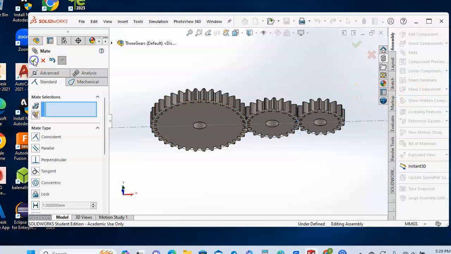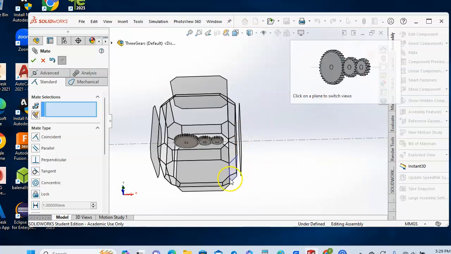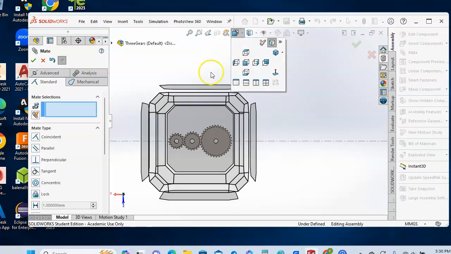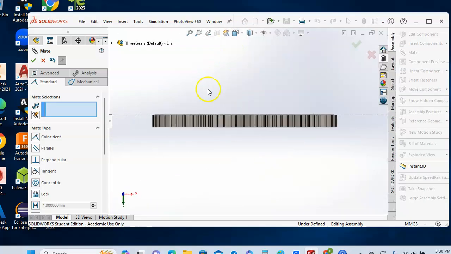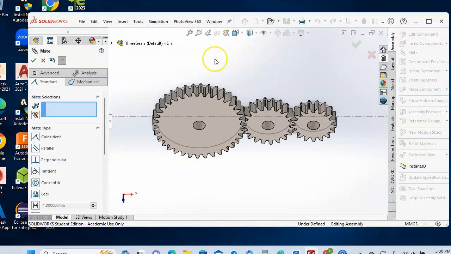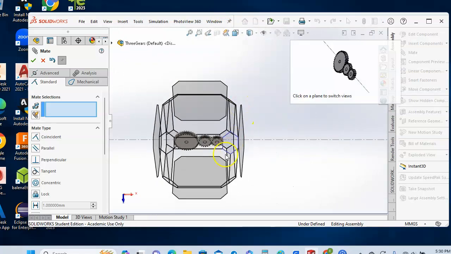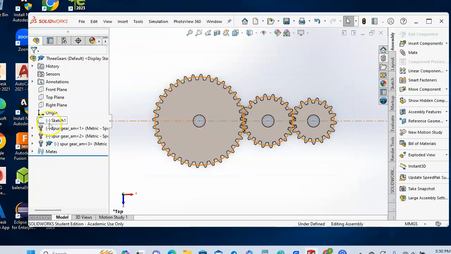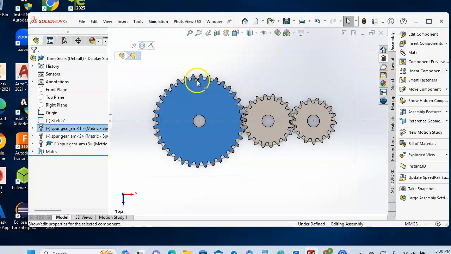Okay, we'll take that. Now we see that our gears are reasonably stuck together exactly the way we want them. Except I want to have the big one on the left somehow. Let's try that again. There we go. Okay. Now we will close the mates, and what we can see is that the gears will rotate, but